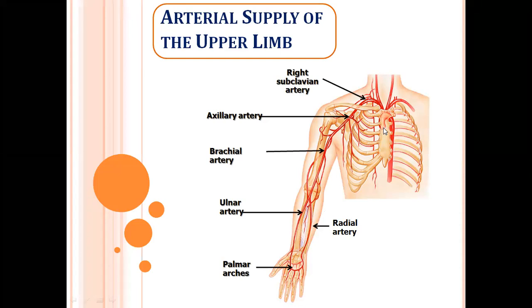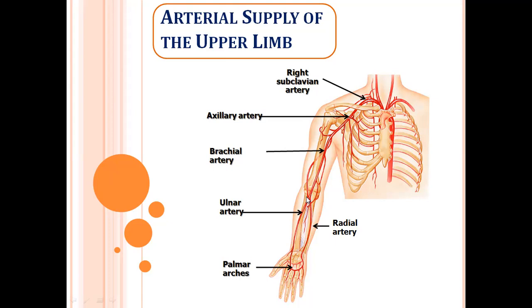in the general anatomy of the heart you have studied about the aorta. We know it is coming from the left ventricle, turns like the arch of aorta, then comes as the descending thoracic aorta, right? From this arch of aorta, we have the brachiocephalic trunk on the right side, whereas on the left side we have directly the left common carotid and left subclavian. Whether it is a branch of the brachiocephalic trunk or directly coming, you will see the subclavian artery is continuing as the axillary artery.